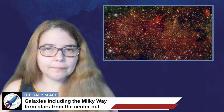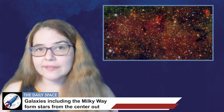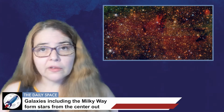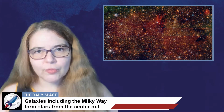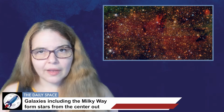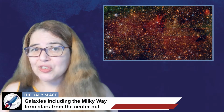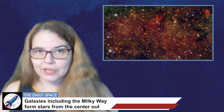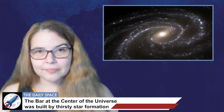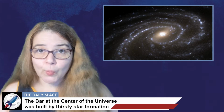According to Nogueras-Lara, quote, "Our study represents a big step forward in finding the young stars in the galactic center. The young stars we found have a total mass of more than 400,000 solar masses. That is nearly 10 times higher than the combined mass of the two massive star clusters that were previously known in the central region." End quote. Now that we've tested our theory that stars formed from the inside out, we may be ready to start asking,